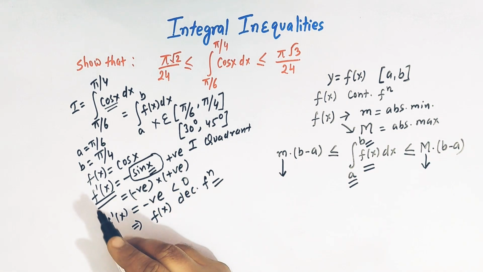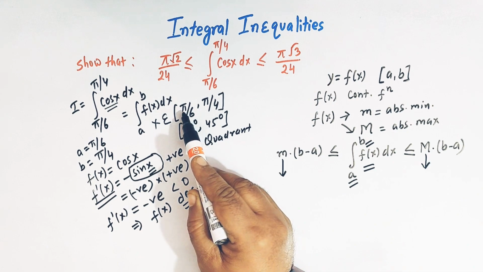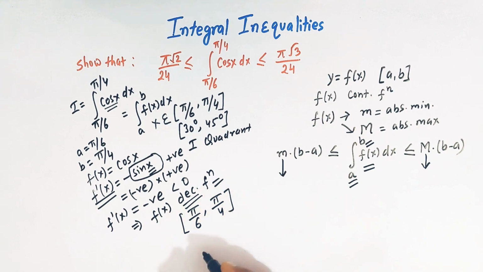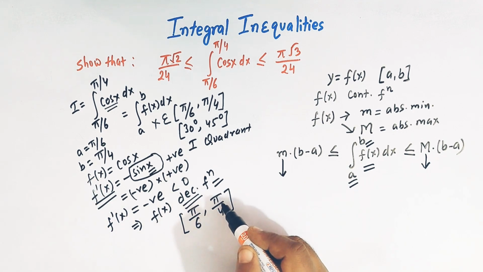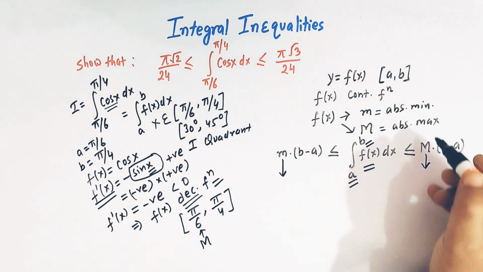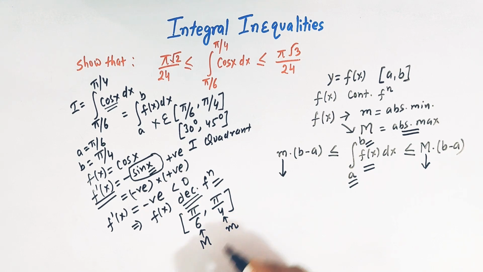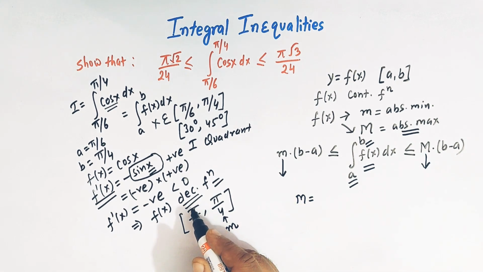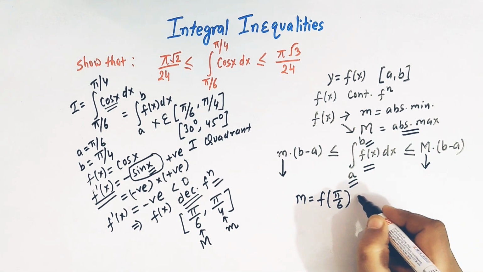तो जब डेरिवेटिव less than zero होता है तो जो फंक्शन होता है वो डिक्रीजिंग फंक्शन होता है, राइट। तो अब देखिए यहाँ पर जो हमारे पास इंटरवल है वो है π/6 और π/4, राइट। तो जो ग्राफ होगा f of x का वो डिक्रीज करेगा, यानी कि π/6 से π/4 तक। तो इसका मतलब ये है कि π/6 जो होगा वो हमें एब्सोल्यूट मैक्सिमम देगा, राइट। और π/4 जो है वो हमें एब्सोल्यूट मिनिमम देगा। तो कैपिटल M को फाइंड आउट करने के लिए हम x is equal to π/6 का यूज करेंगे। तो कैपिटल M हो जाएगा f of π/6, राइट।